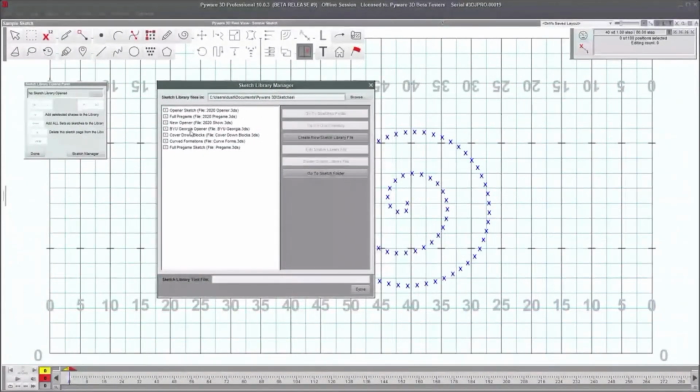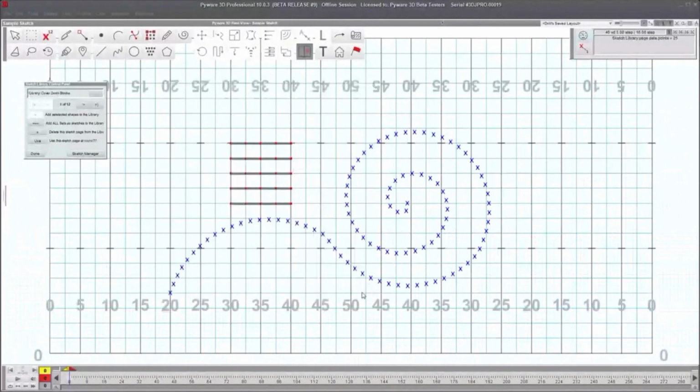So let's say I have a option of cover down blocks here. So when I load this sketch library in my sketch library tool, I'm going to have the option to see all of the sketches in that particular file. So it's going to load the sketch that is on page 1 in that sketch library here. And it's going to show you the groupings for the sketches as well as the sketch points. And I can just toggle through those pages